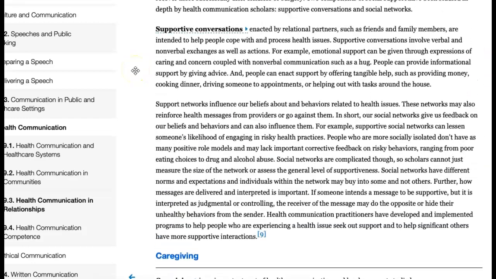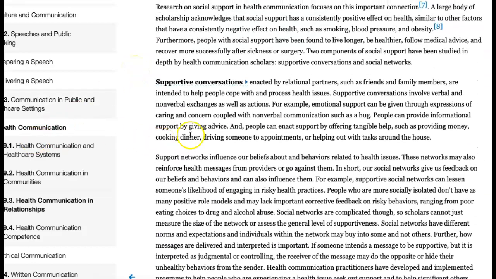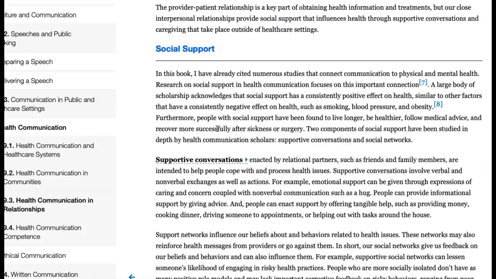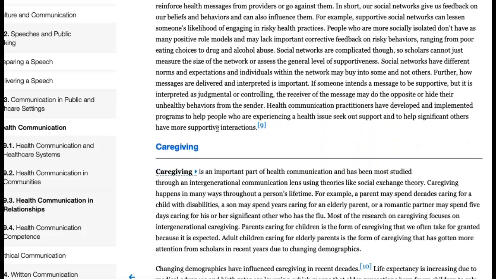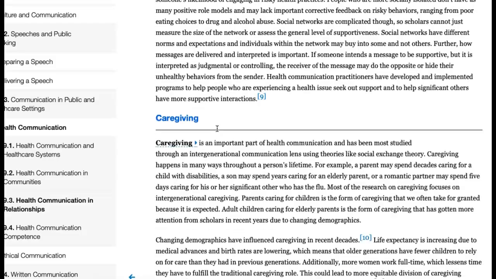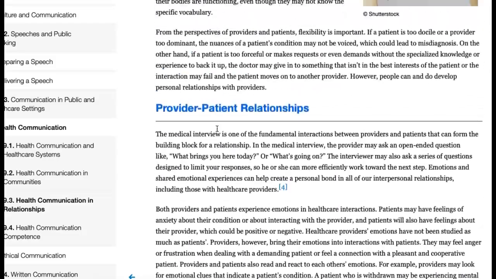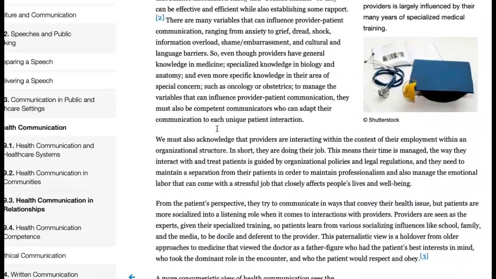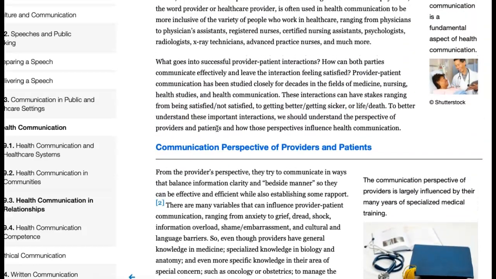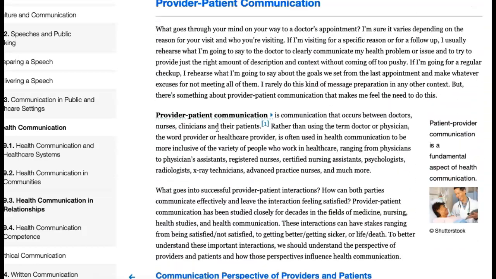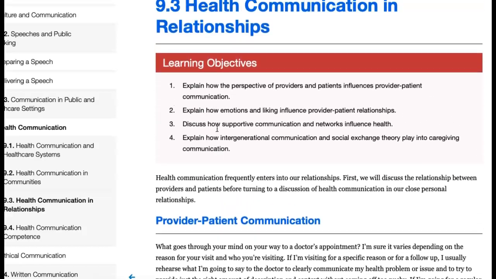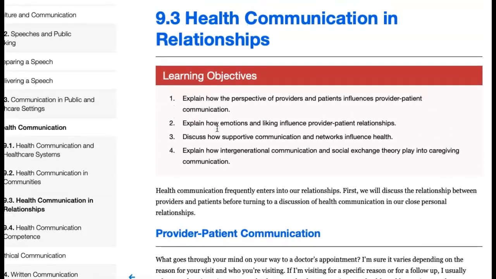This week we're going to really dig into Chapter 9 again. So we're on the Flatworld textbook, and it's Chapter 9, in which we talk about more health communication. There's a lot of great information in the ebook that I don't know if everyone realizes, because of course you have the hard textbook as well. But there's some really cool information in here, and let's start by looking at Chapter 9, Section 3, Health Communication